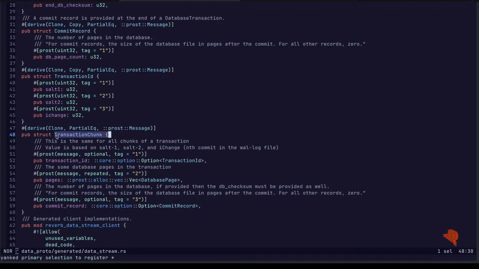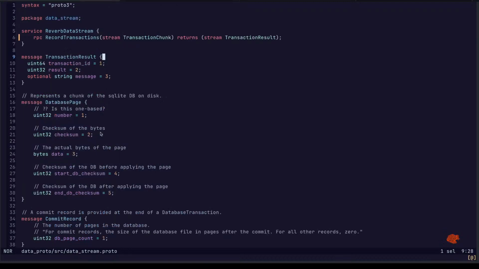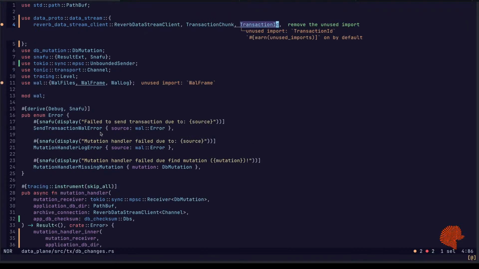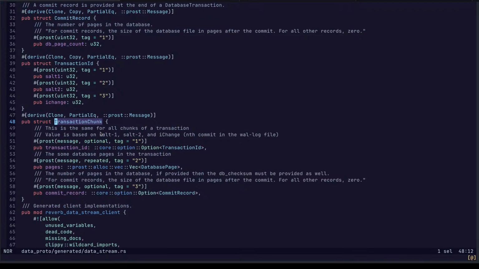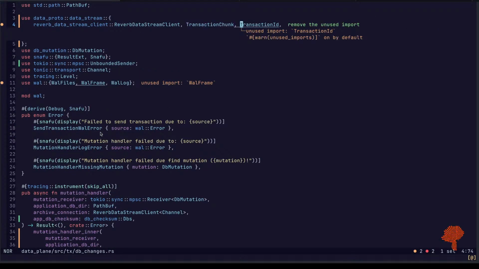See, this one, transaction chunk. This one here. Wait, where'd it go? Oh, now it's okay.